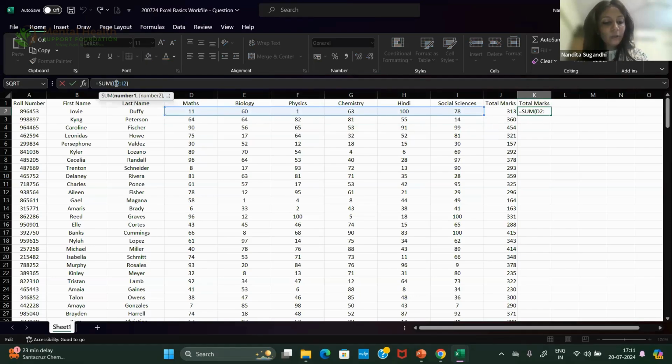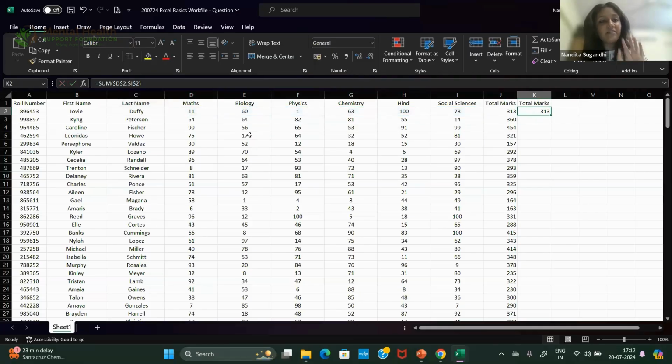But if I were to change that, if I were to add one thing, I select that D2, I just put a cursor in it, and I press function F4. It will put a dollar sign in between. Either you press function F4 or you manually type a dollar sign before the row and the column number. Now it's a fixed reference.